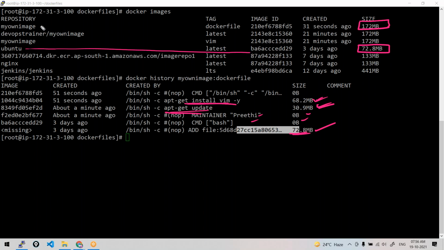And whether you create it through a Docker file or from a running container, the size of these new images is the same. Because this is from Docker file, this is from running container. Whatever be the method, what is present inside is the same. You could check the history of this also. But you could see here clearly. So 72 plus these make it 172. You could add them, which makes your 172 MB. That's how you have the size of your image.